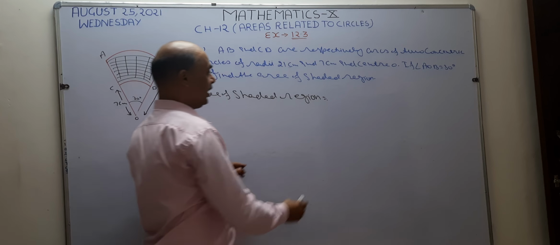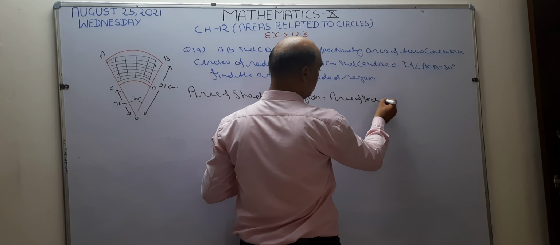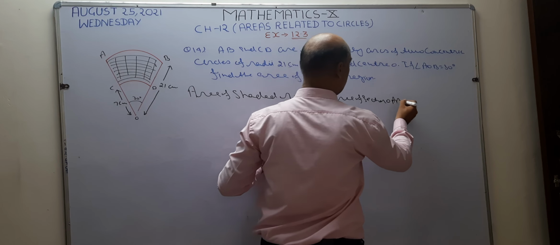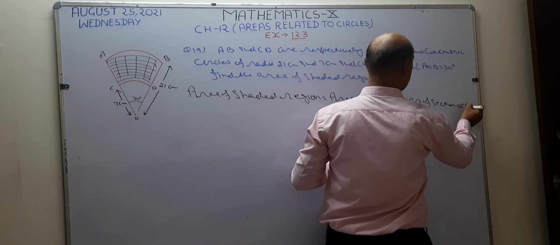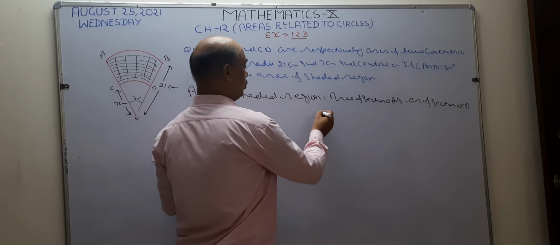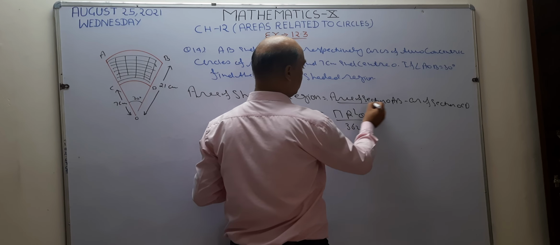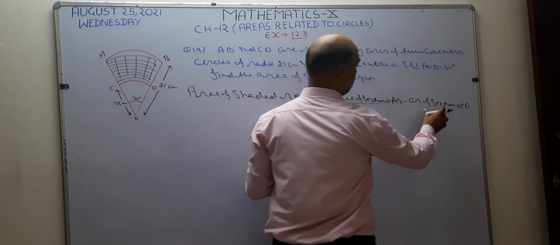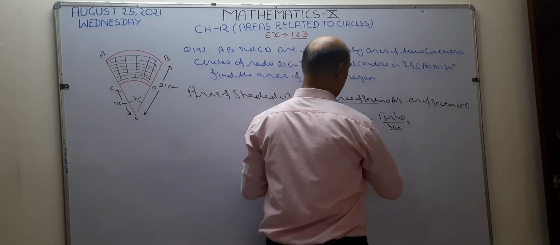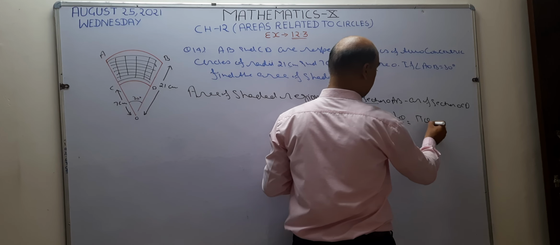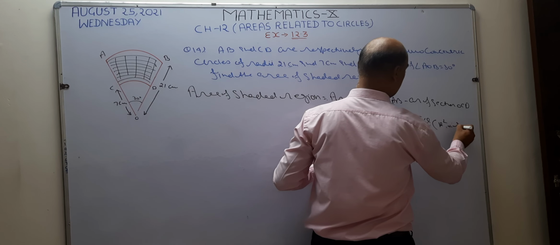So formula become area of sector OAB minus area of sector OCD. Okay. How you find the area of sector? You know formula pi capital R square theta upon 360 degree. For larger sector, I want to use capital R. For smaller circle, I want to use small r. Okay. So what is common between these two? Pi theta upon 360 is common. What is left? Capital R square minus small r square.